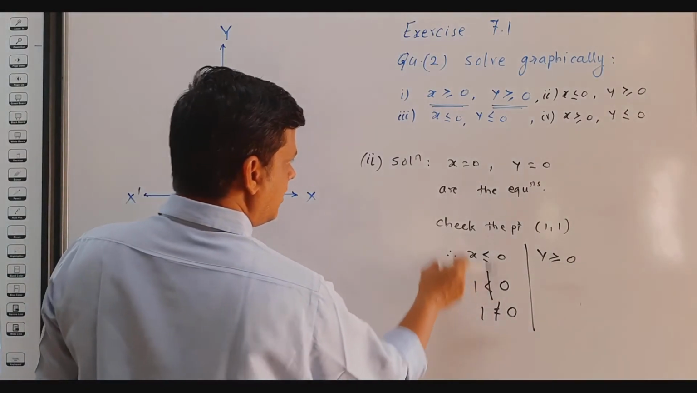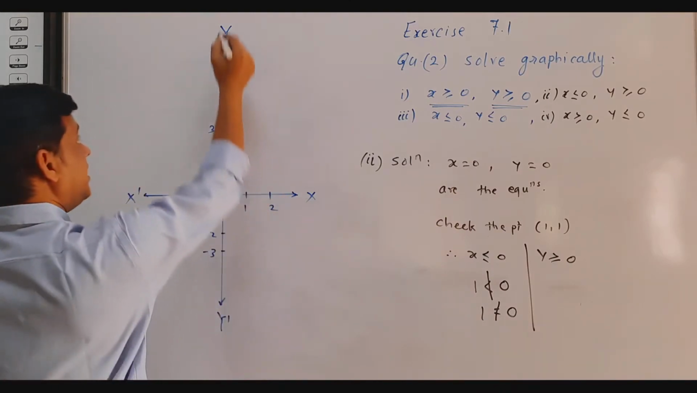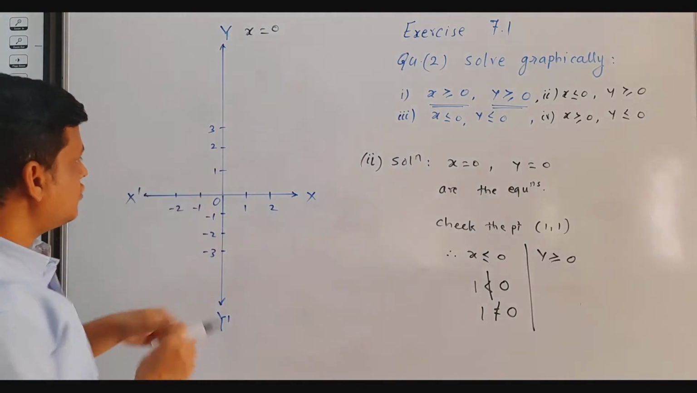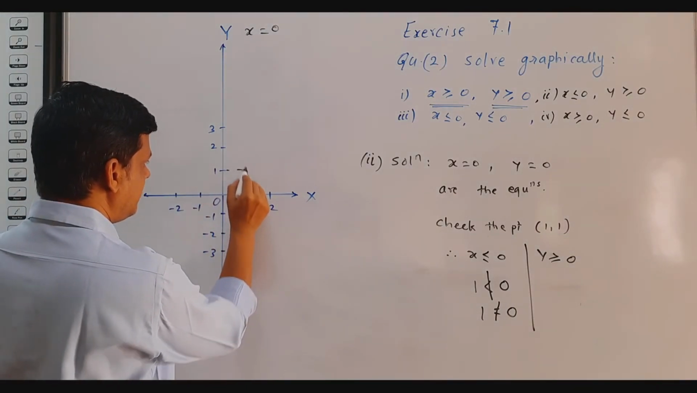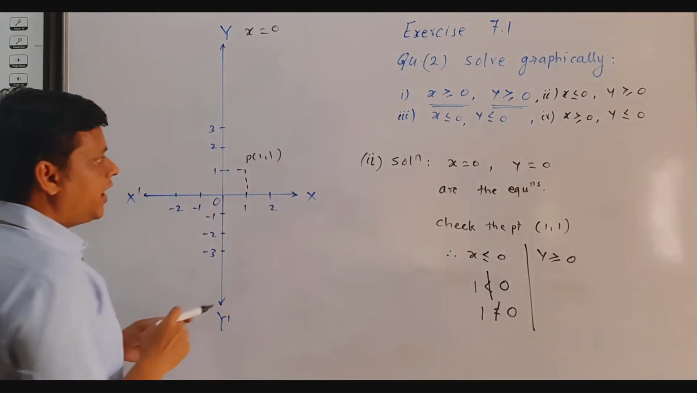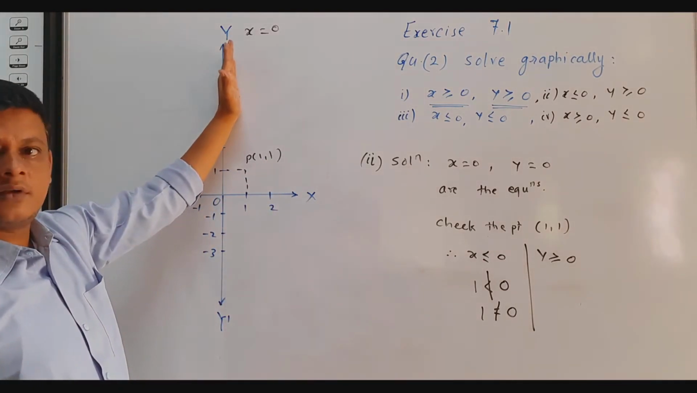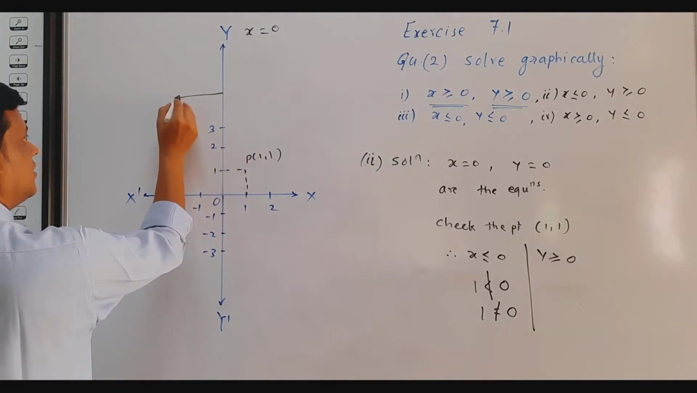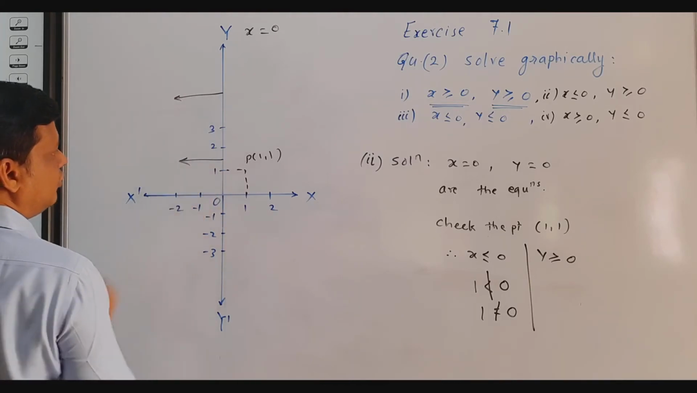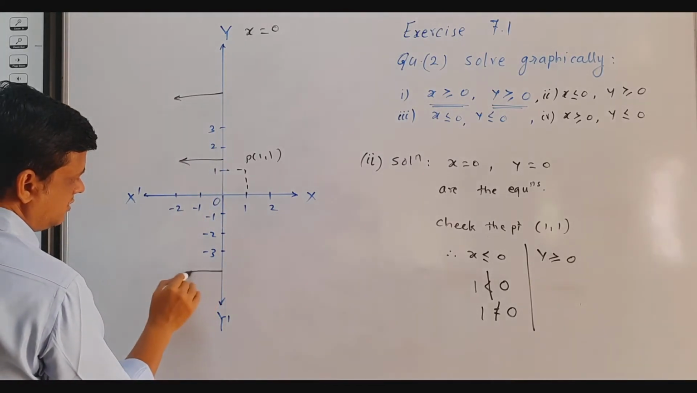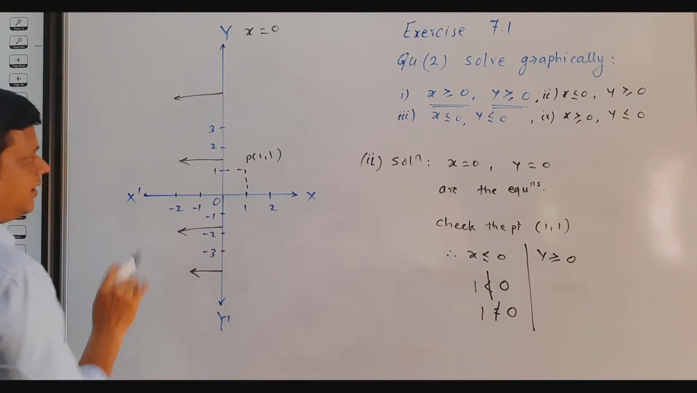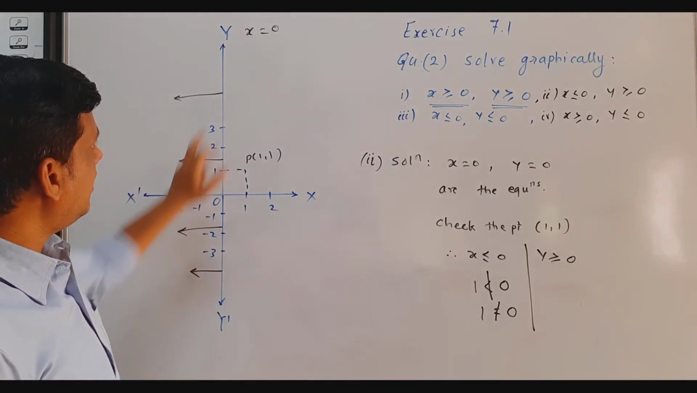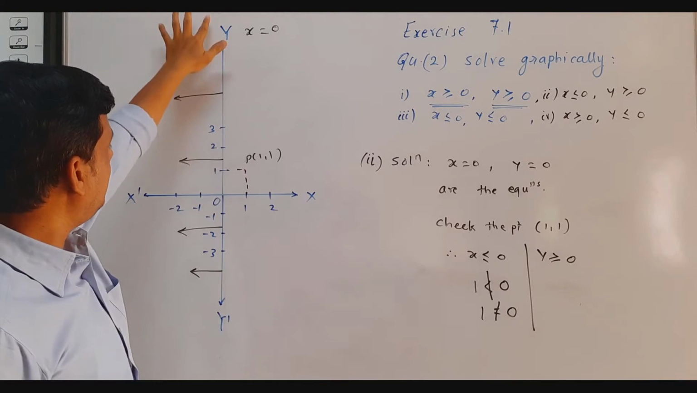So first we see x equals to 0 is the equation of y-axis. So this point 1, 1 is in first quadrant. So we have to mark to the left of this y-axis for the graphical solution. So we take some arrow for our convenience. Then at last we will shade all the region. So this is for x equals to 0, and for